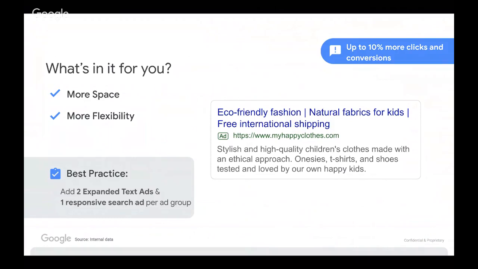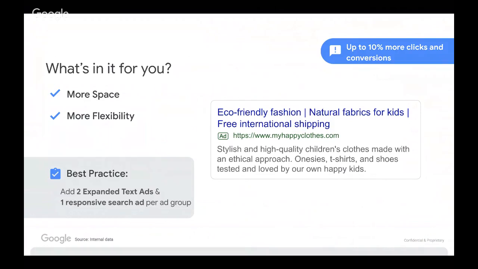Finally, one area that is really important is obviously around maintaining control. So you can still maintain control of where certain assets appear in your ad through something called pinning. So for example, if you need to show a disclaimer, you can write the disclaimer as a responsive search ad description and pin it so that you can guarantee it's always going to show to your customers in the first